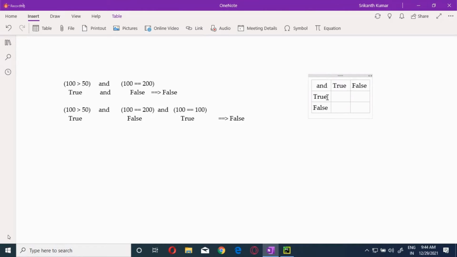Then true and true is true. True and false is false. False and true is again false. And false and false is false. Sorry, I was using the wrong false.